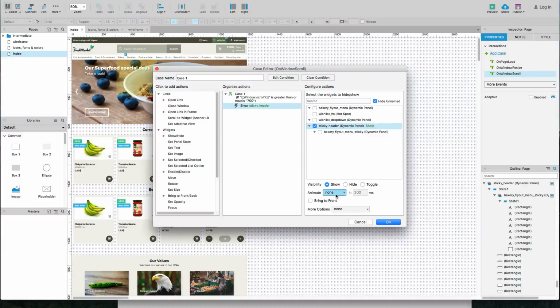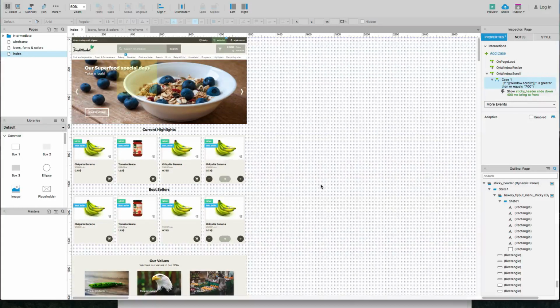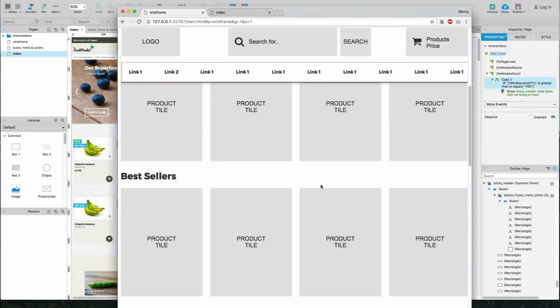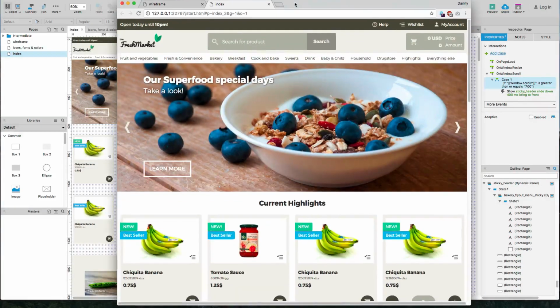We want to show it, and there's a slide down, and we bring it to front, and this we can leave at none. And maybe we set this up to 400. Now we can already test this out. So we go here to our index site,